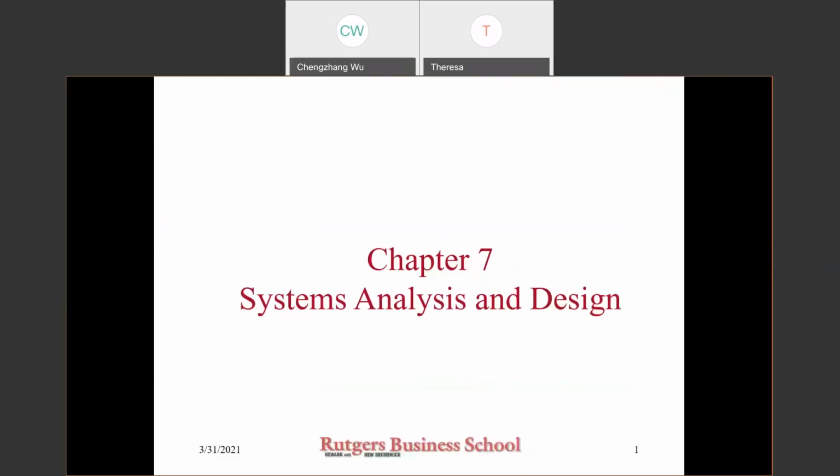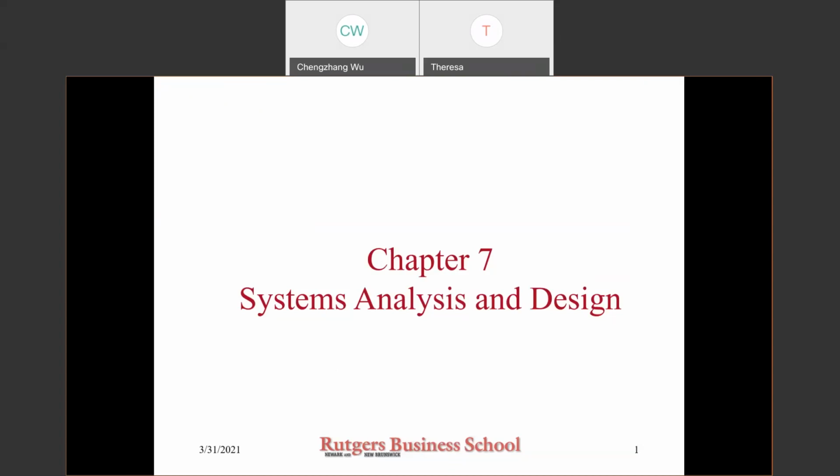So in the previous chapter, we talked about the elements of database systems. In this chapter, we'll discuss the steps to be undertaken to design and develop a database-based information system. This process is called the System Development Lifecycle. In this chapter,